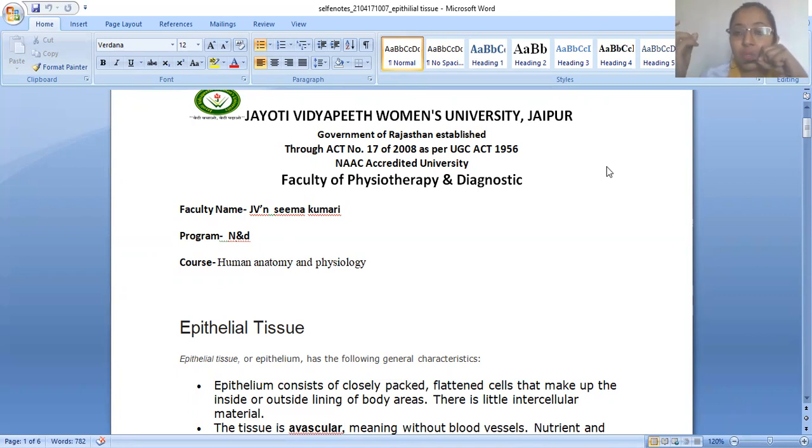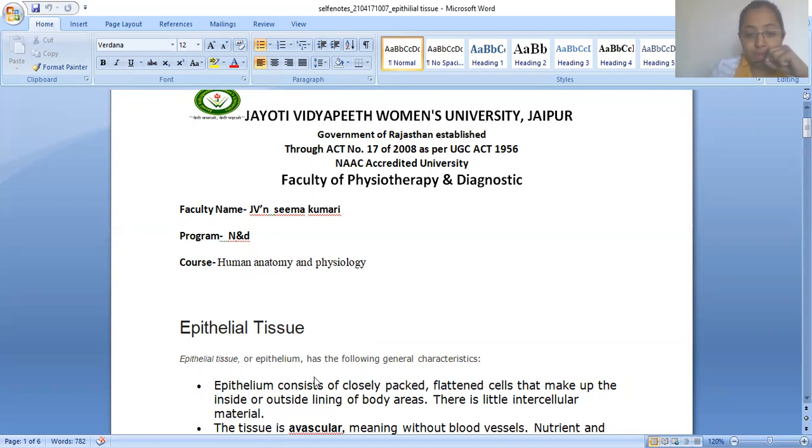A number of cells constitute and make the tissue. So there is a specific type of tissue in our body that has a major role in our body function and body structure, and it is epithelial tissue. So we are going to discuss in brief the epithelial tissue. As you have already heard the word epithelial, we are going to study that tissue today.